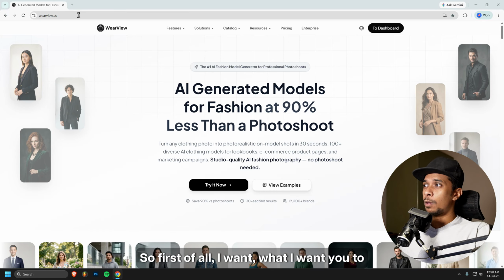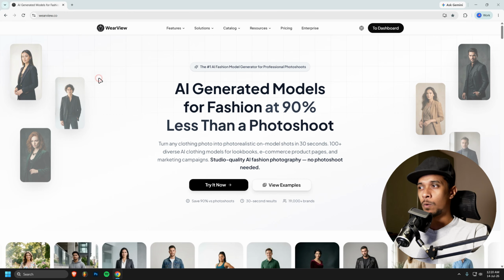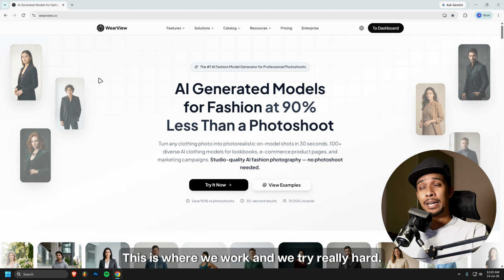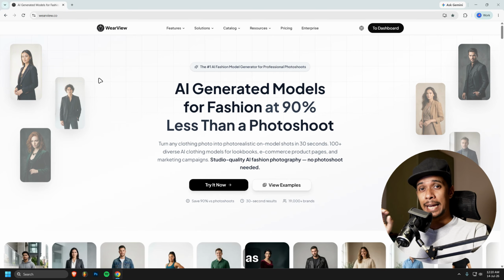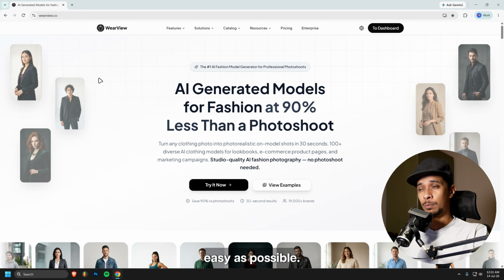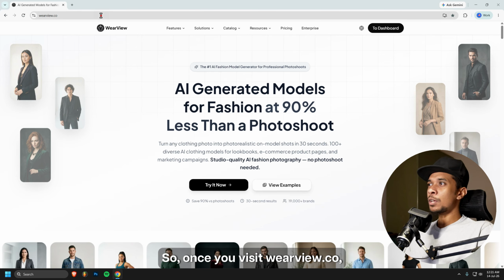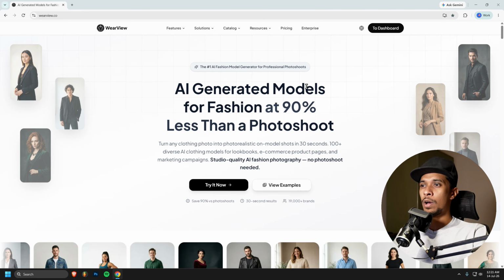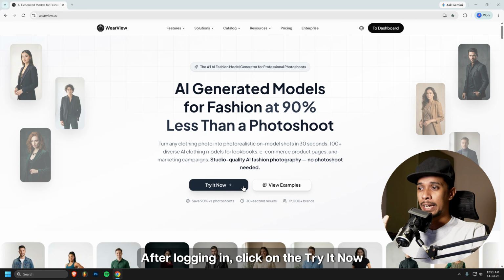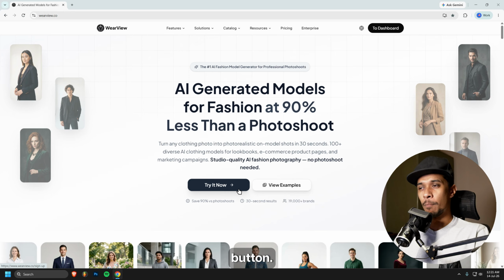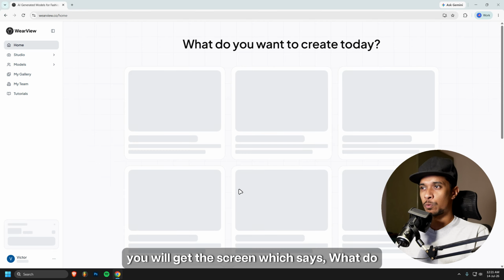So first of all, what I want you to do is just go to wearview.co. This is where we work, and we work really hard to make this tool as easy as possible. You will check it out yourself. It is really easy. So once you visit wearview.co, go ahead and log in or sign up to your account. After logging in, click on the Try It Now button. Once you click on the Try It Now button, you will get the screen which says, what do you want